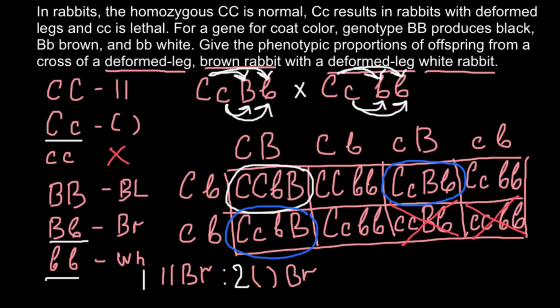And here, for example, this genotype means normal legs and white color. And we don't have any more such genotypes and phenotypes. So once again, we are going to have one such rabbit that is going to be with normal legs and white color. So let's circle it,